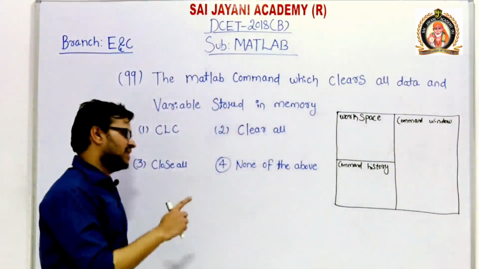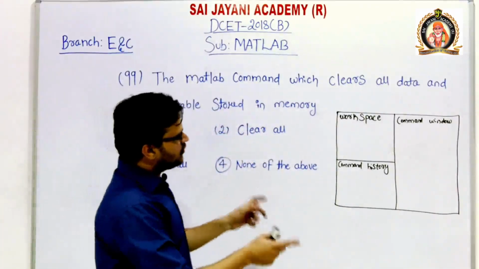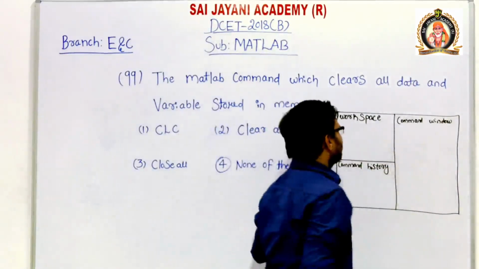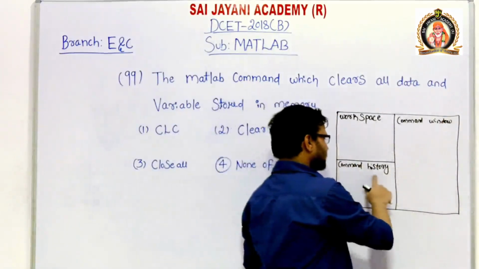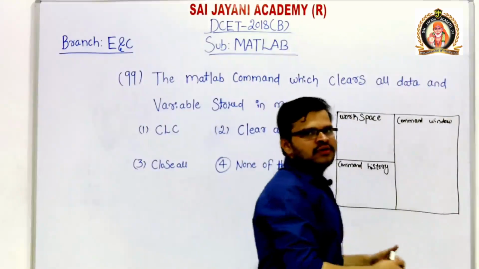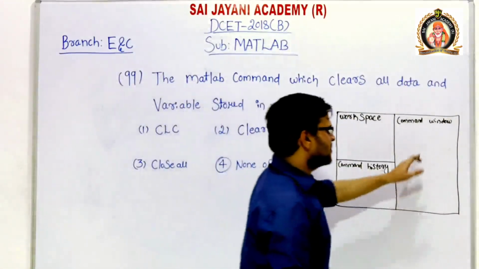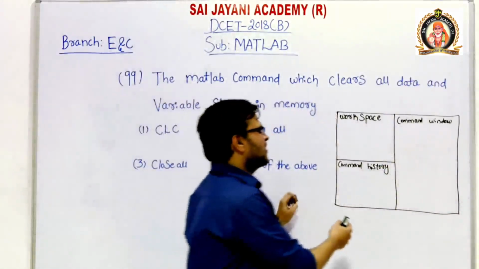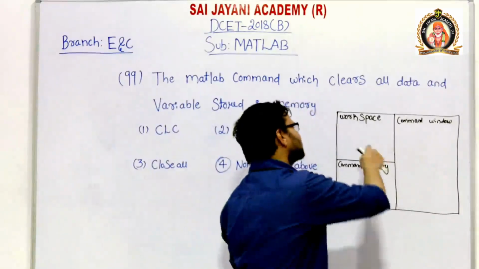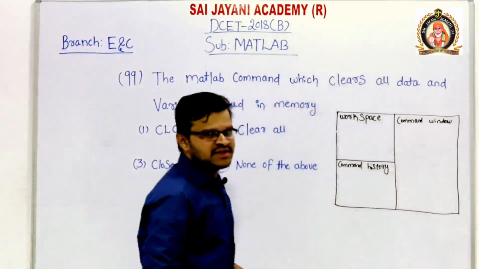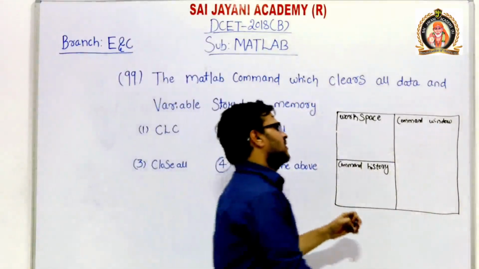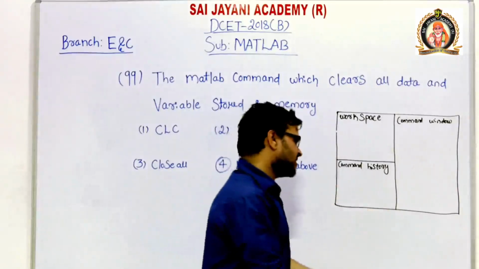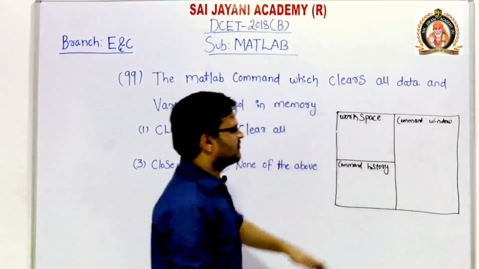Okay. When you click on the MATLAB software, one window will appear. In that window we have three panels. The first panel is the command window, the second one is the workspace, and the third one is the command history. In the command window, we write all the commands. In the workspace, all the variables and the data used in MATLAB are stored. In the command history, whatever we did in MATLAB, all that information is stored with time and date itself. Okay.